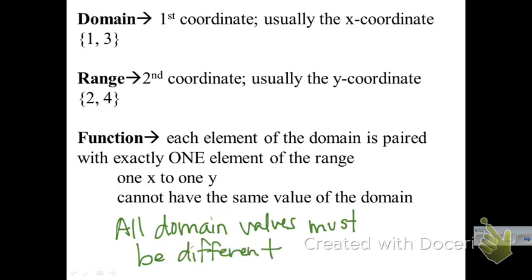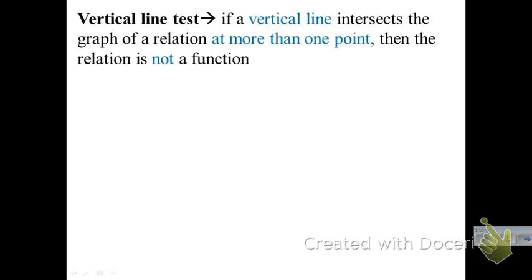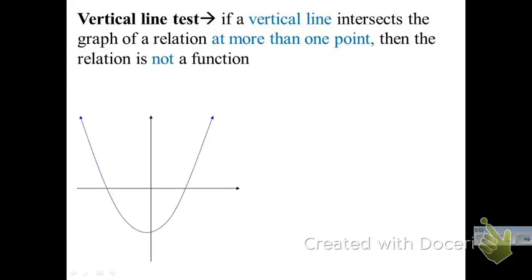So we're going to look at some situations to determine whether or not things are functions. We have what's known as the vertical line test. This says if a vertical line intersects the graph of a relation at more than one point, then the relation is not a function. So we're going to look at this one. If we were to draw a vertical line at any point, it's not too straight, but if we draw a vertical line, how many times does it pass through this blue curve? Right here we can see it passes once. Now if we were to slide that line at any point on the graph, so here or here, or any point on that graph, if it only passes through one point, then we consider that a function. So here we would say, yes,